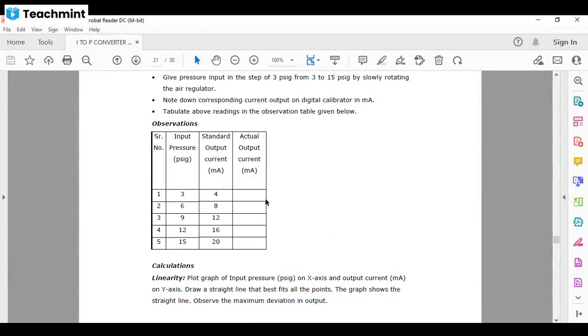So this is another observation. Here the input is pressure and the standard output is current. If the value of input pressure is 3, then the output current will show 4. And if the question is why the range is 4 to 20 milliampere, the value 4 actually is the